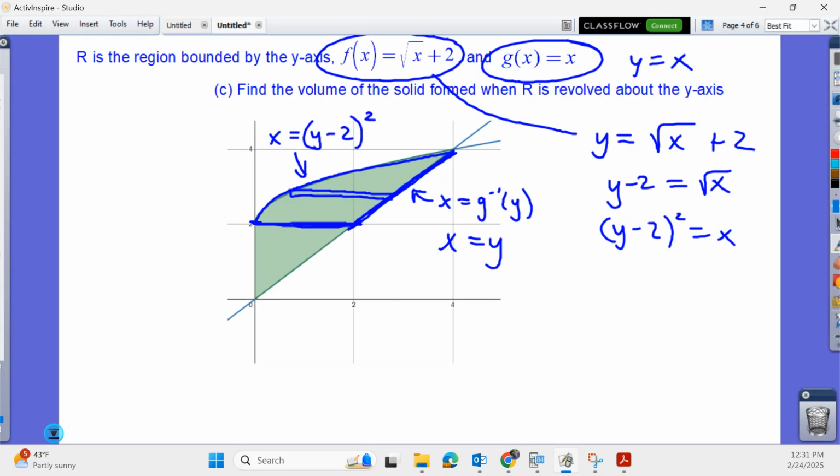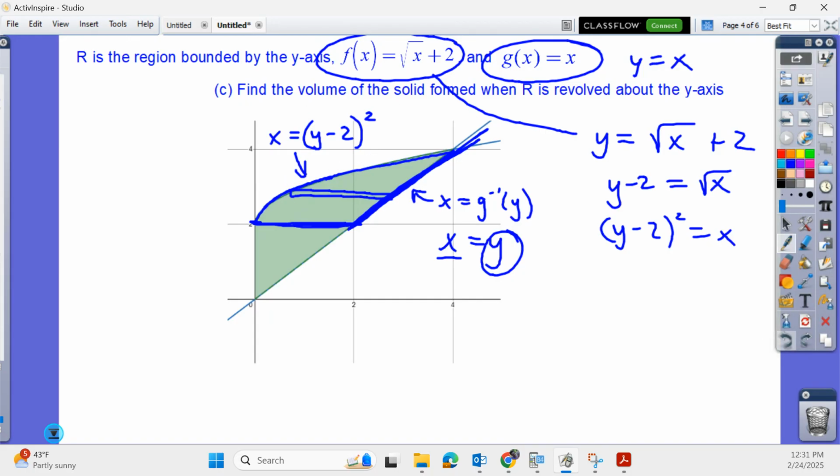Okay, and so the point is we're taking this x value, which is x equals y, minus this x value, which is x equals (y minus 2) quantity squared. That's above the horizontal line. What's tricky about this problem is that we need two separate sets of boundaries here, two separate integrals, because below